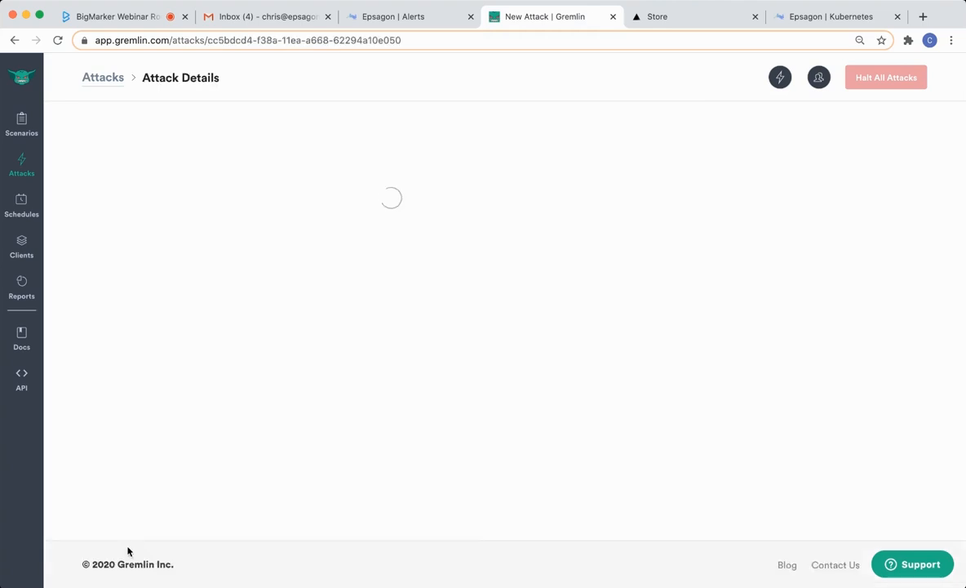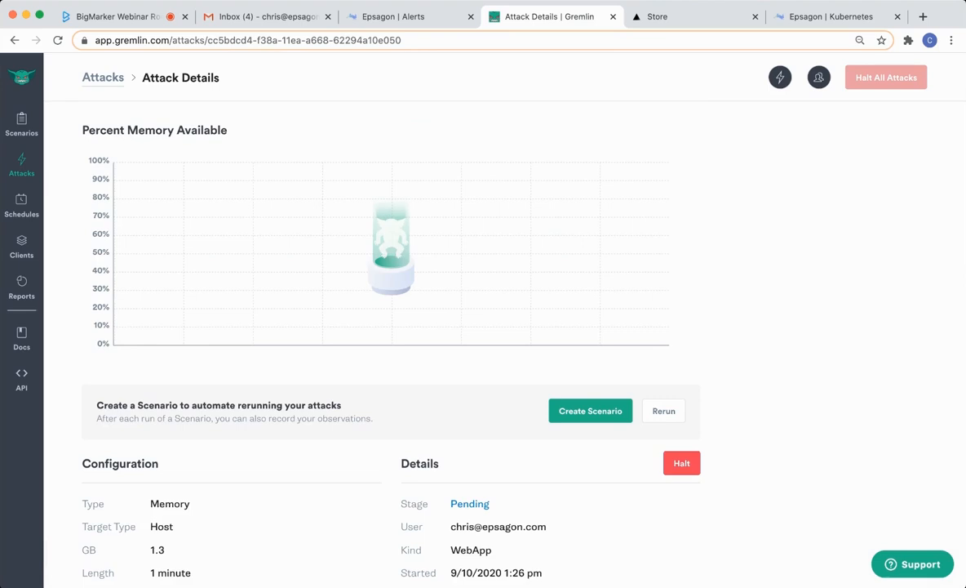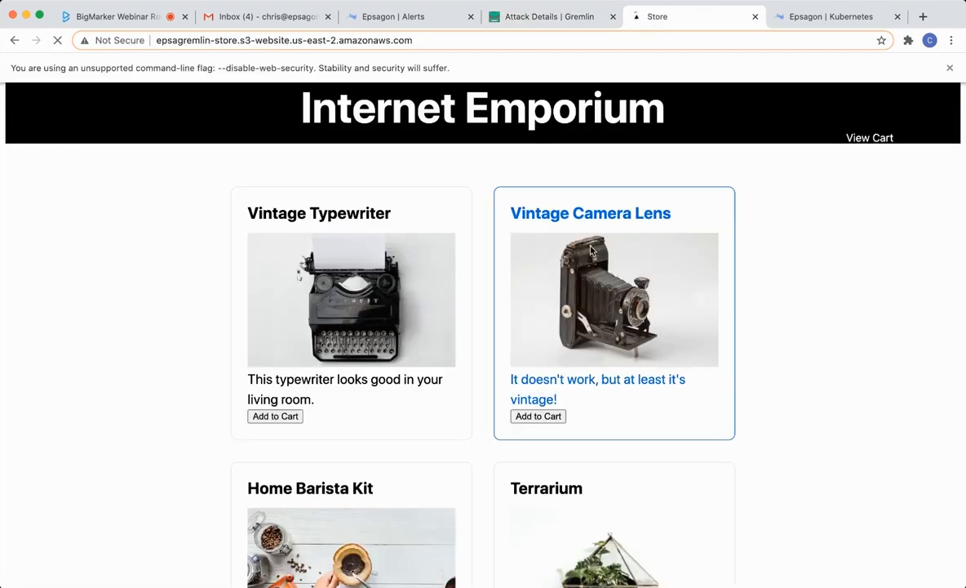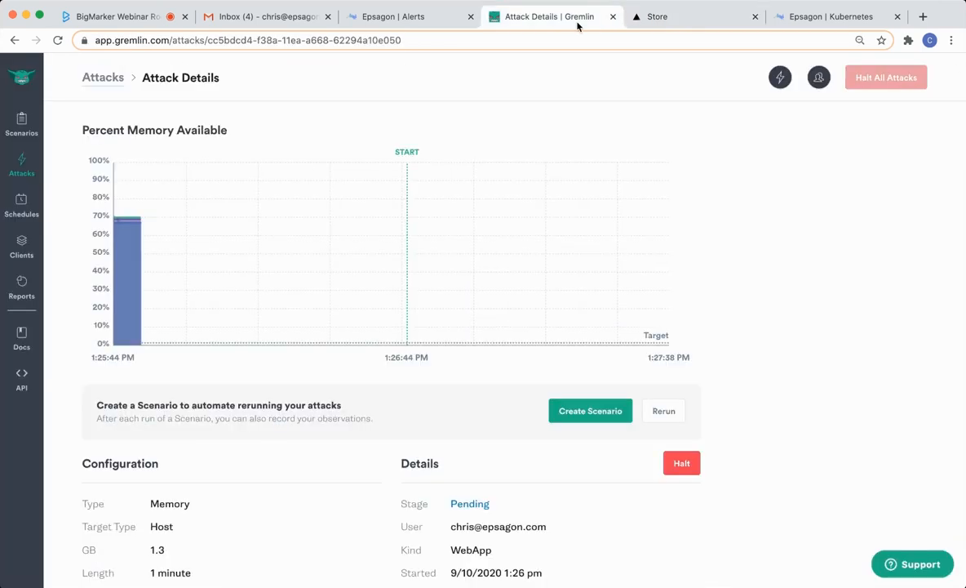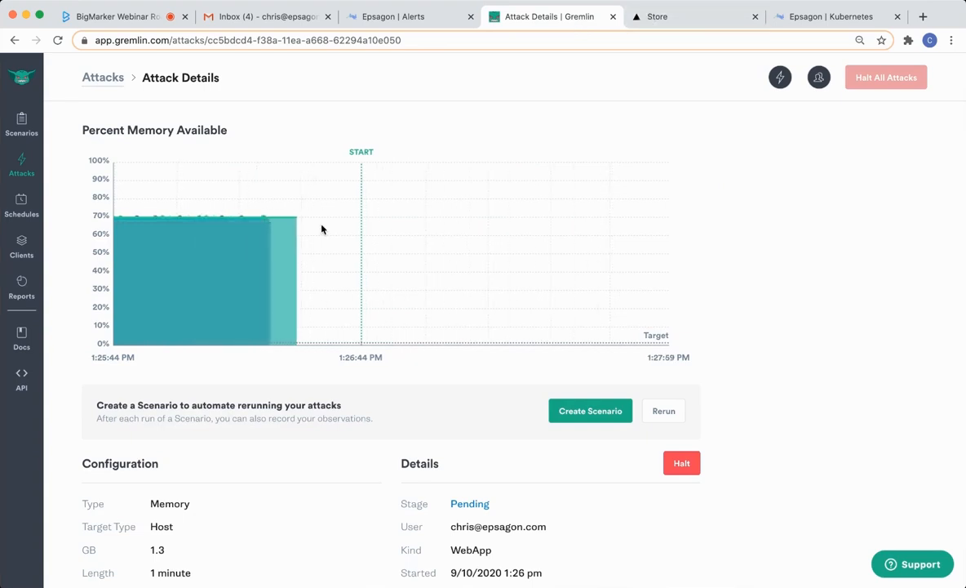Why don't you show them the store as well? Yes, great point. So here is our actual e-commerce store that we've built. We'll see as this attack starts kicking off. Let's use this store to try to understand what that impact is. And so we'll let this kick off. We can see it has a little bit of priming time where it's getting ready to kick off. It allows you to, let's say, halt an attack that maybe you didn't actually want to run,